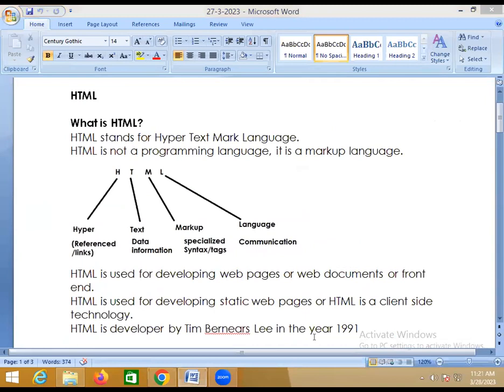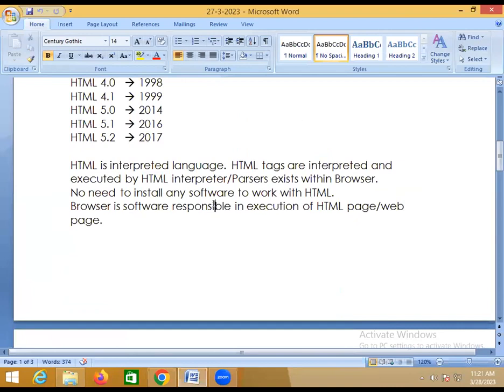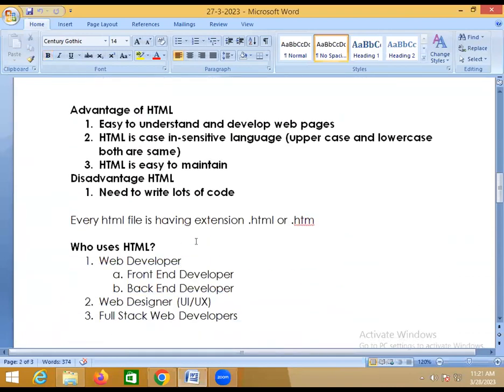Now we have seen what is HTML and we have seen different versions of HTML and what is the